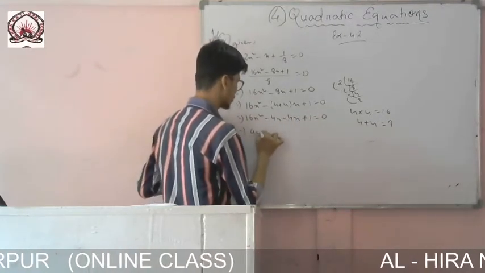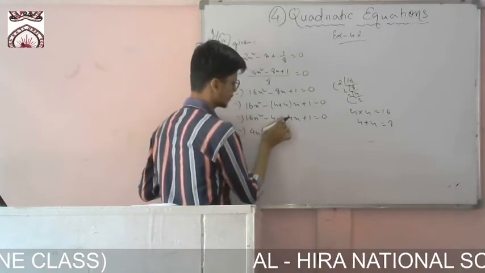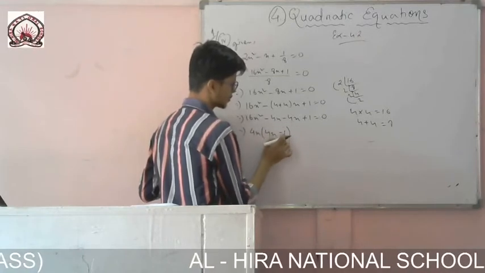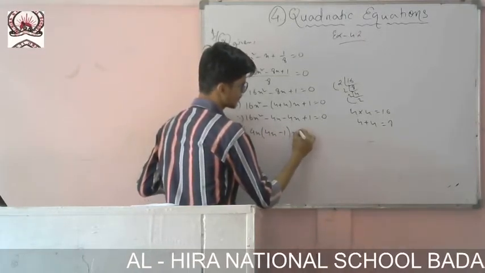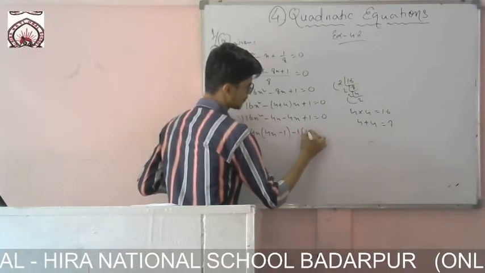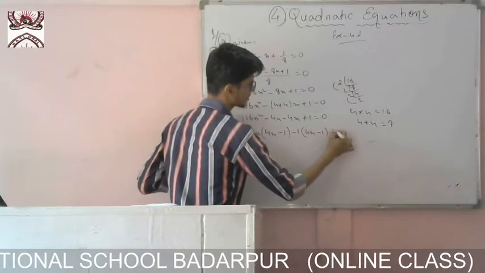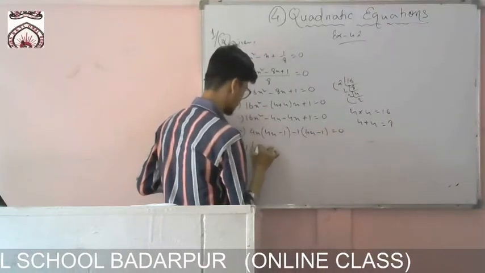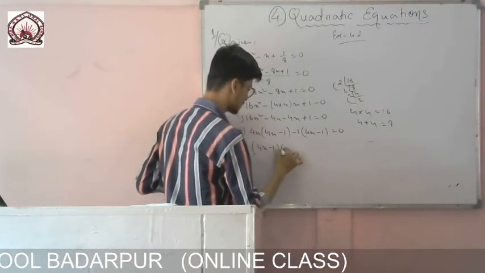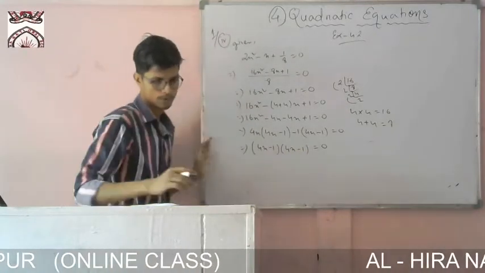There it will be common, will be 4x. So 4 4s are 16, x left, minus 1. Or everything I have taken common, so only 1 left, minus. So here nothing will be common, so 1. So 4x, and there it will be minus 1, because minus minus it becomes plus, equals to 0. So here it will be 4x minus 1, 4x minus 1. That means they are having the common root. Okay.